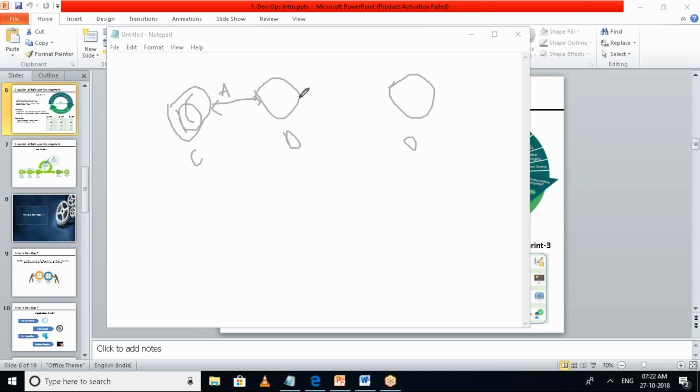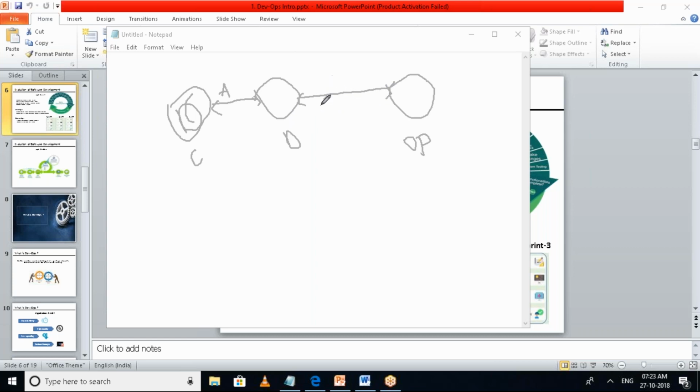But the bridge between the development and the operations team is still not clear, so that they would work collaboratively and any issues that come up between these two teams would be filled.